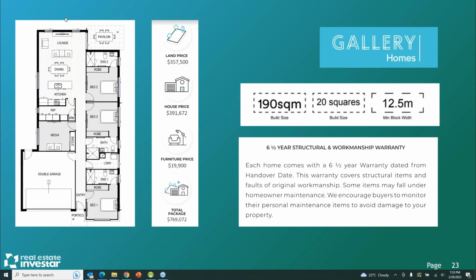And here's a floor plan. Just bear with me while I move my screen around. Here's a floor plan on the left-hand side. So what you can see there from the entranceway is a standard double garage on the right-hand side, a 3-bedroom home, 2 living areas. But what you see is when you come into the property, each bedroom has got its own ensuite, which is great for this co-living concept.